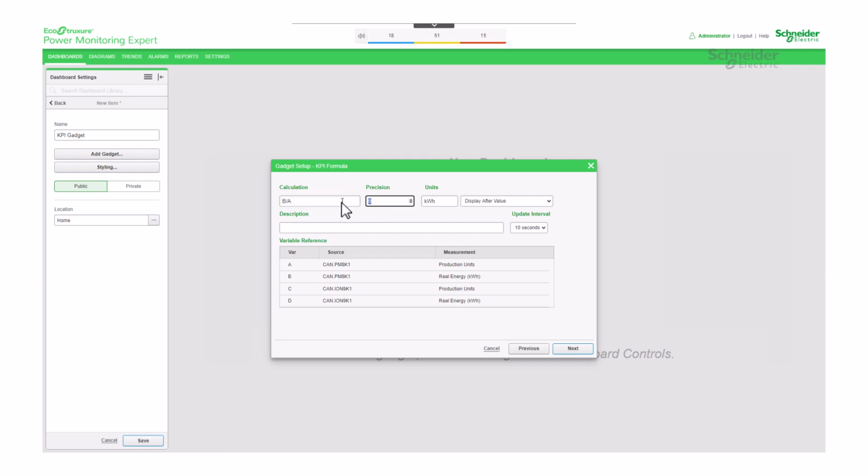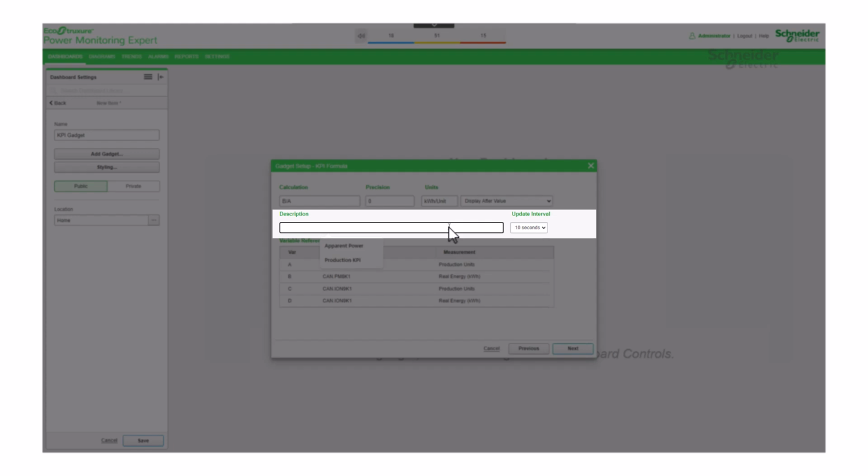Select the desired decimal places in precision to display in the calculated value. Enter the desired unit in units to display along with the value. Select Display After Value or Display Before Value for displaying the unit. Enter the desired name in description to display on the top of the gadget.